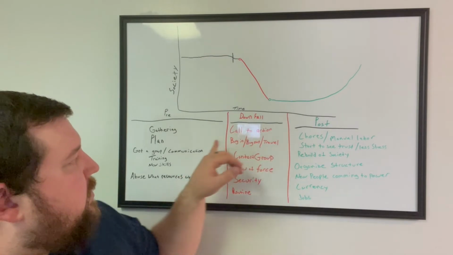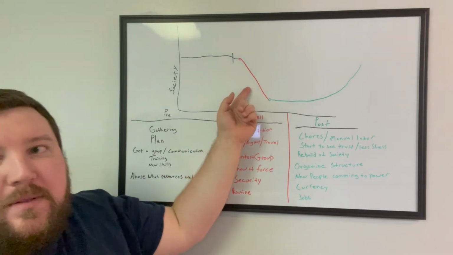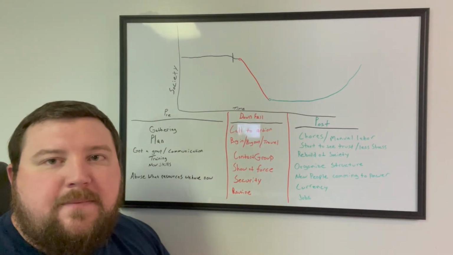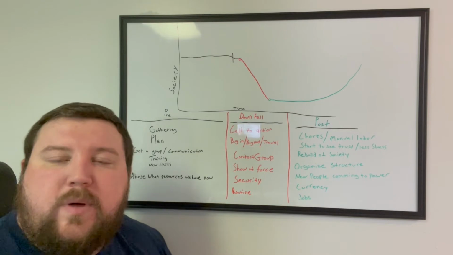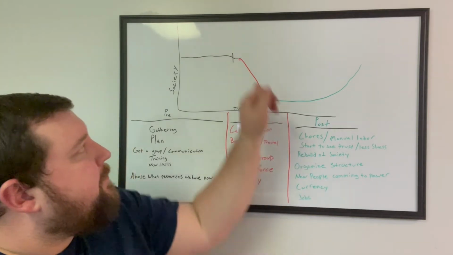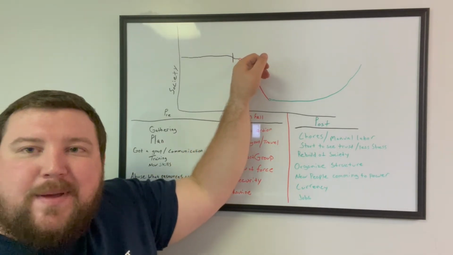So when we get into the downfall here, this is your danger zone. This is where things are going to be more dangerous than usual. This is going to be the time frame where you've got to be nervous with the people around you. You've got to be nervous with who you can trust, right? So when we see that bubble pop, or we feel that bubble's popping or about to pop,